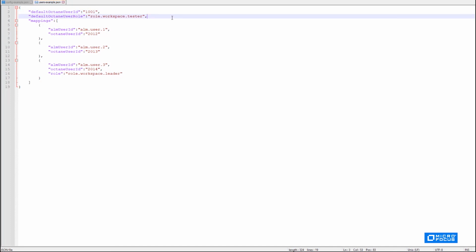Okay, and also you can set up different roles for the users. For example, the tester role will be assigned to my default user when it is assigned to the relevant workspaces in which I am migrating. Okay, and after that we can do the mappings part. Basically this one is pretty simple. We just have the user ID from ALM QC and the user ID from ALM Octane, and the mapping will be done. So this will be one way to map the users using this file,